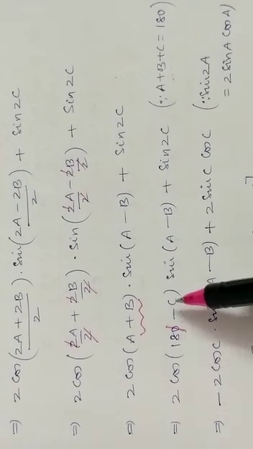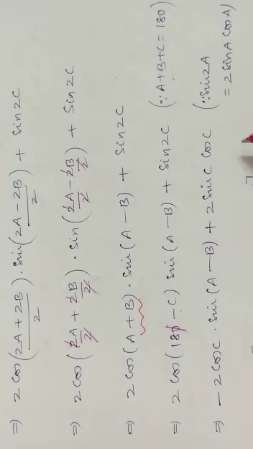This is the same, sin a minus b plus. We have sin 2a formula. What is sin 2a formula? 2 sin a cos a. If you observe, in the place of a, you are having c. So, if it is sin 2c, what you have to write? 2 sin c cos c you have to write. So, I am writing the same. 2 sin c cos c.